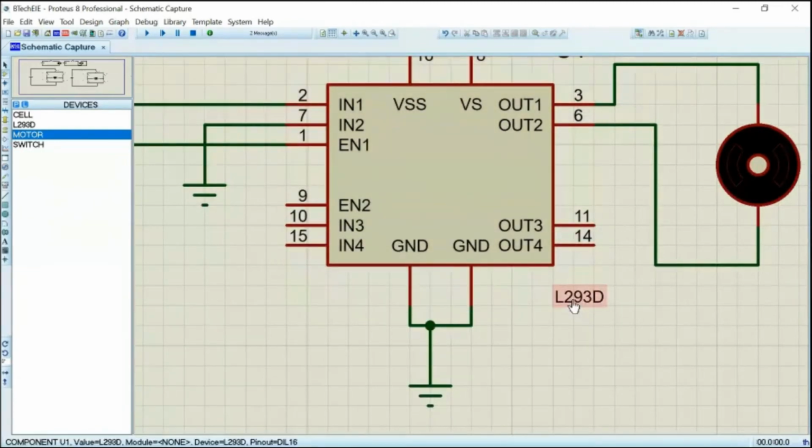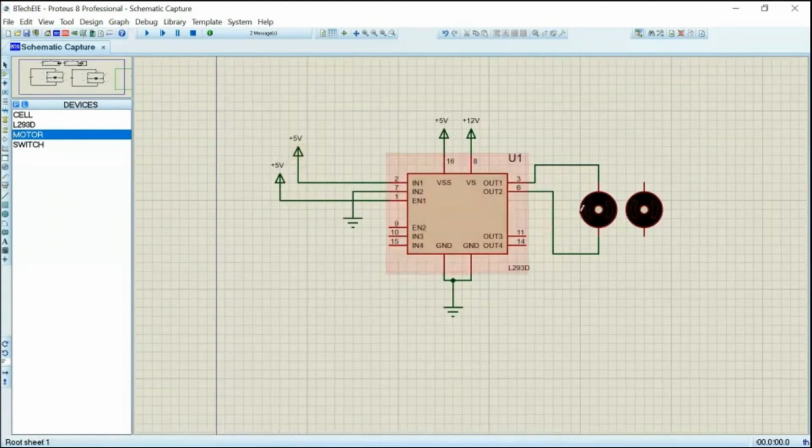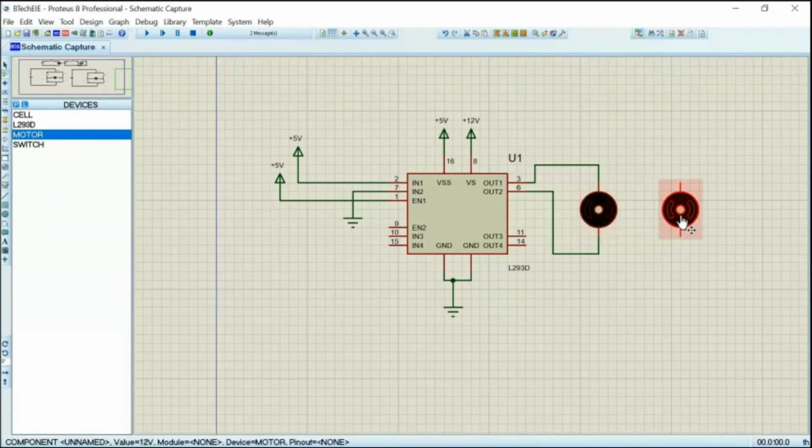I told you, how many bridges does the L293D have? 2 H bridges. So we use the top bridge for connecting the first motor or the left motor, and the bottom bridge is to be connected to the right motor. So this is the left motor, this is the right motor.